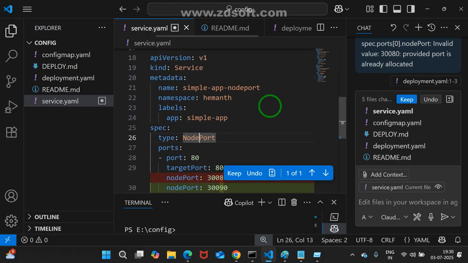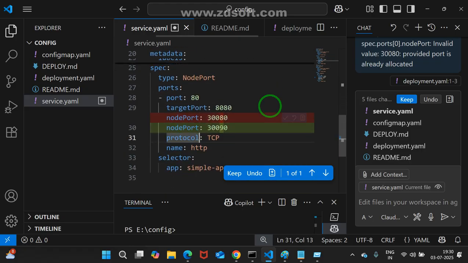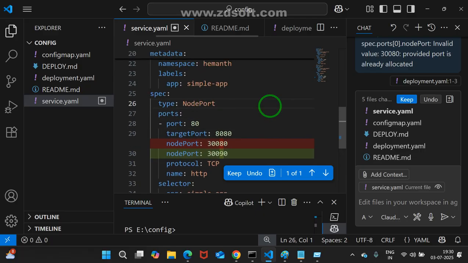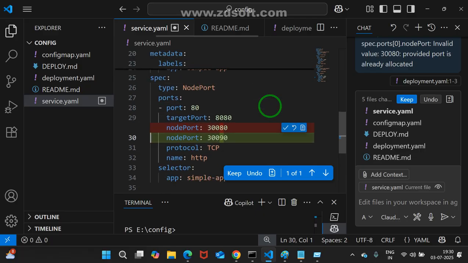Okay, default it is taking, right? Here is node port. Everything is fine, right? Yes or no? Okay. See, the node port is there, right? How many node ports is it taking? Two different node ports. That difference: this is the old one, this is the latest one. Because of that it gave the error that 30080 already exists. That's why it is changing. Are you understanding? Yes, sir. This is the old version, this is the latest version. Okay, good.